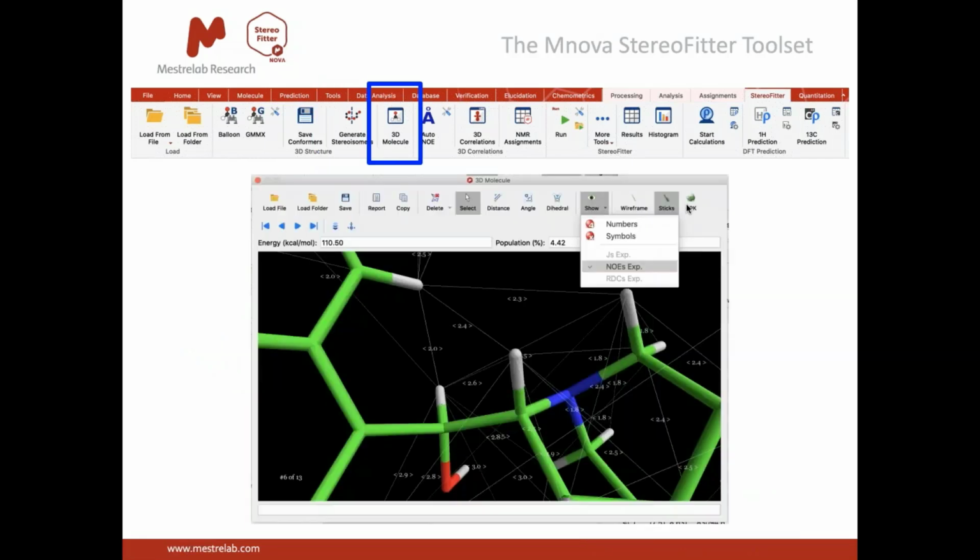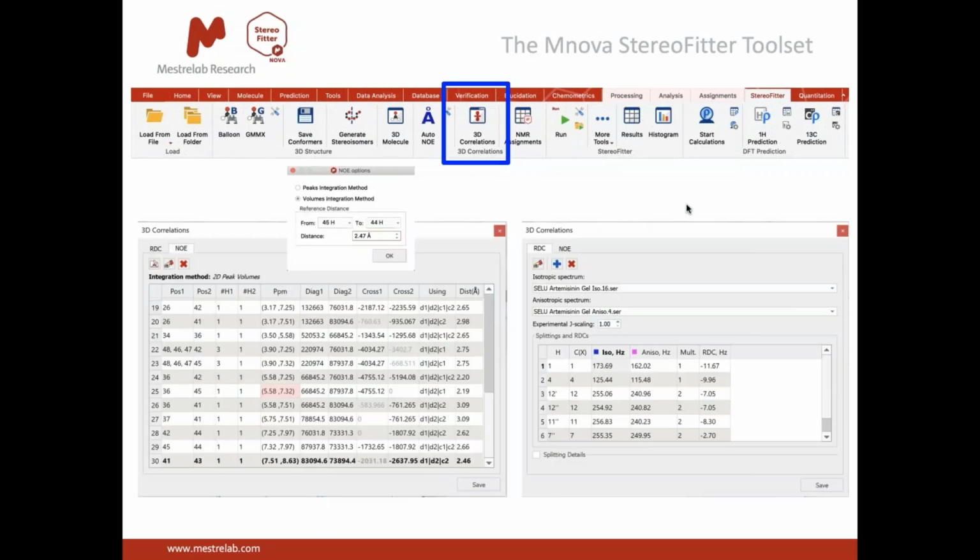The 3D molecule window is an interactive pop-up that allows the chemist to inspect 3D structures. There are lots of features in here, some of which I'll touch on in the demo later. The 3D correlations window is where StereoFitter really packs a punch and takes all of the legwork out of extracting